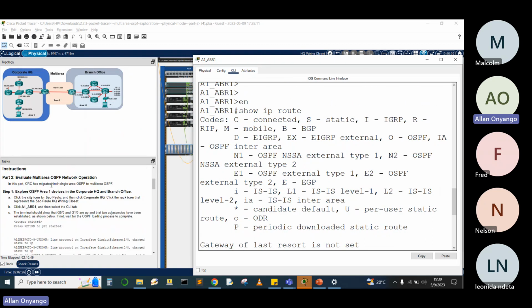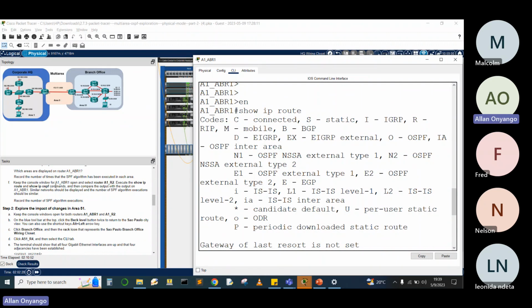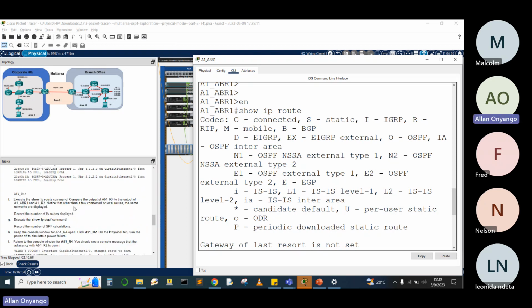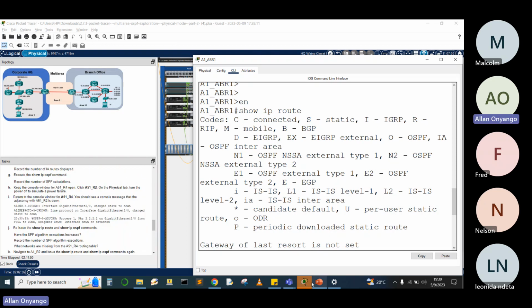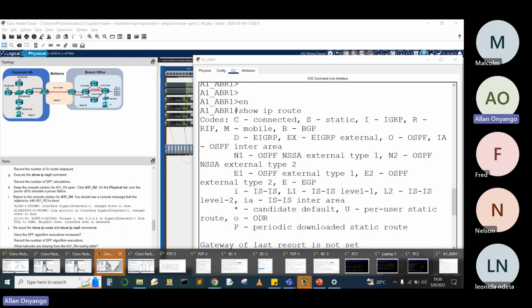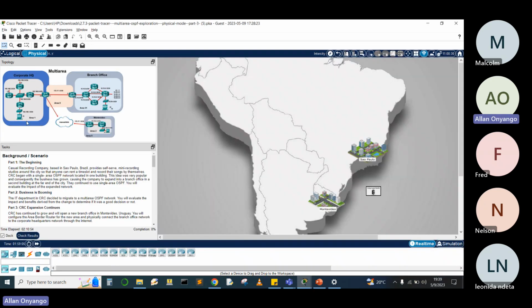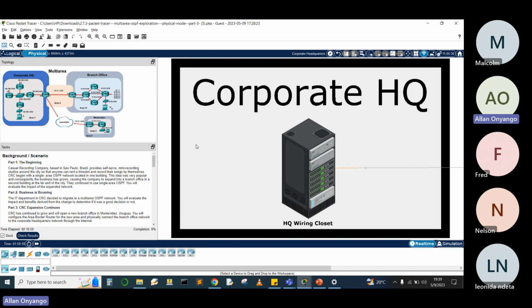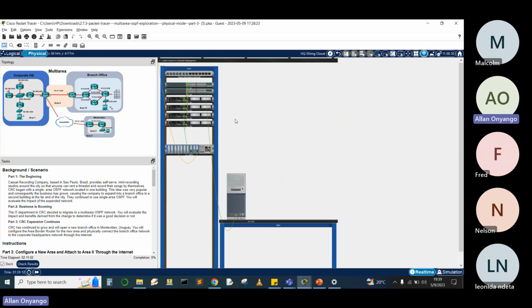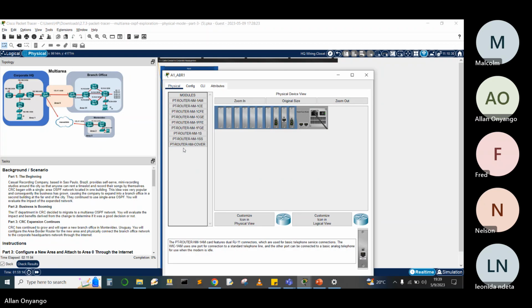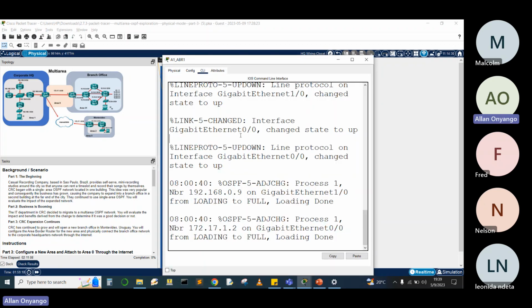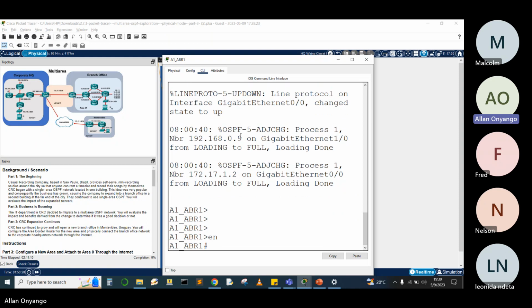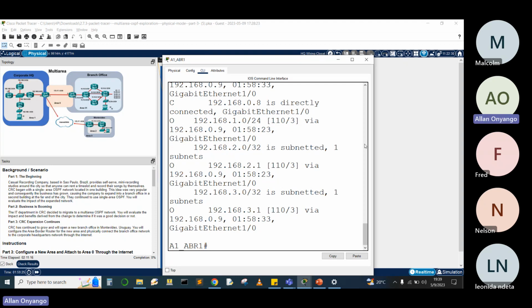These are exploratory packet traces to just give you a rough idea of, and I think you will even put your hands in terms of configuring these area border routers. And if you want to see more, follow up. And when you get to part 3 of it, this is where now the multi-area is actually operational. And if I click the Sao Paulo now, and I go to the headquarters, and we need to see some area border routers. And if I do this, and I say show IP route,